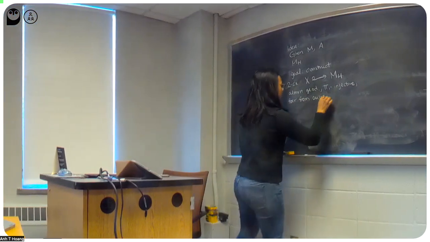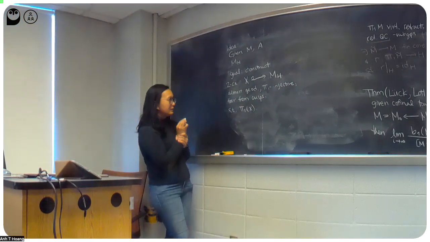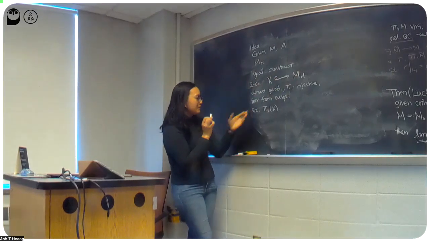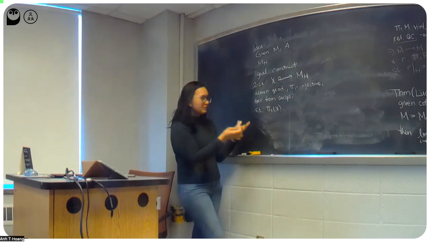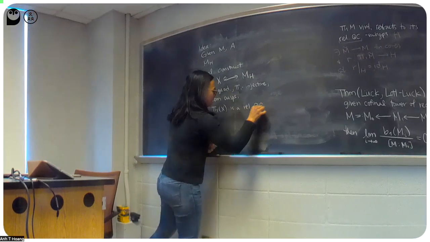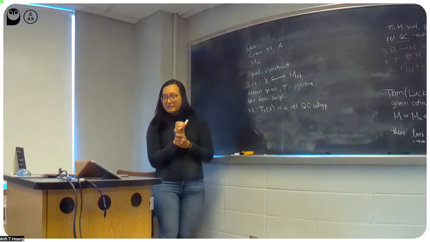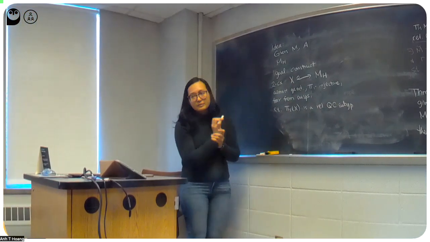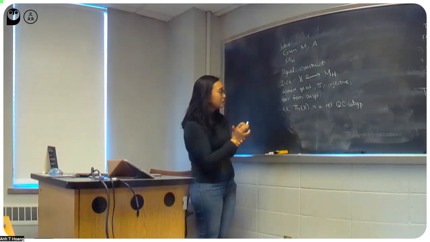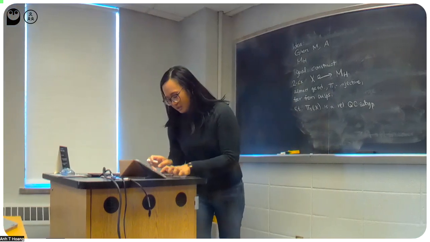And I want it to be such that the pi1 of this two-complex embeds into the pi1 of MH, but I want it to embed as a nice subgroup. So I want it to embed as a relatively quasi-convex subgroup. Because if I have all of this, then I can use the properties that we get from the virtually special theorems to get a retraction, or a virtual retraction, into this group. And we'll see how this is useful.